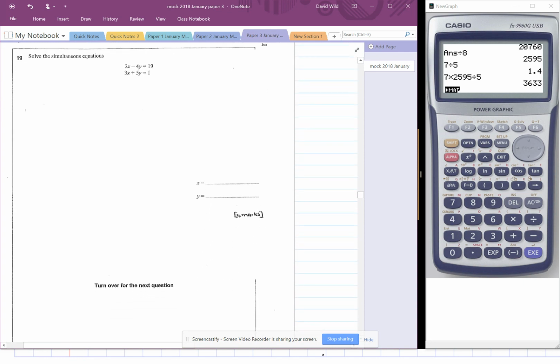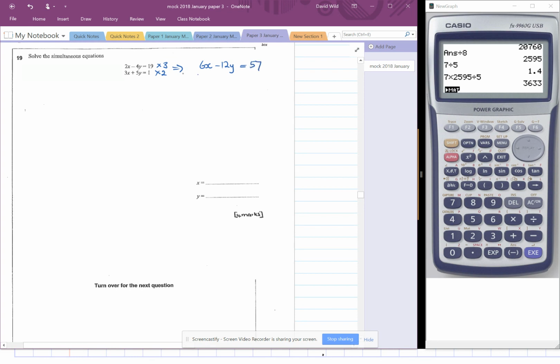Question 19. Solve some simultaneous equations. Well, the first thing that we should know is we need to get either the x is the same or the y is the same. So the easiest way to do that is to multiply that one by 3, expand it, and multiply this one by 2. So what we get here is 3 2s are 6x, 3 4s are 12, so minus 12y, 3 19s are 57,